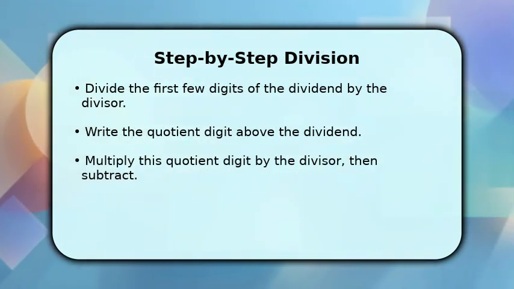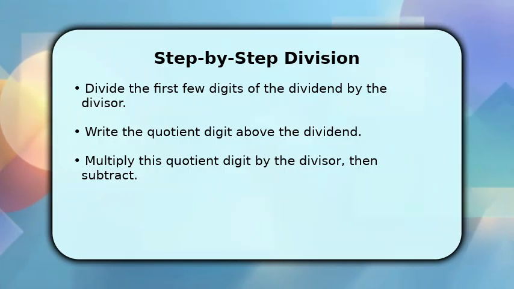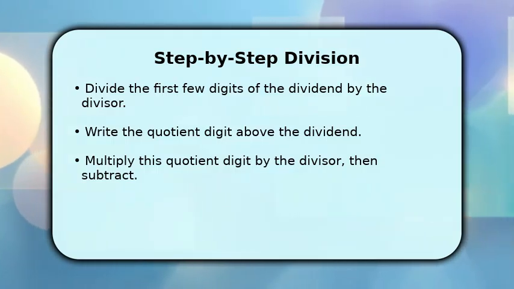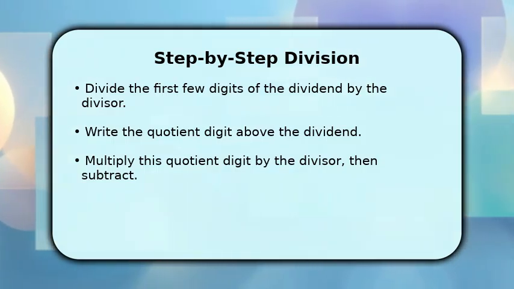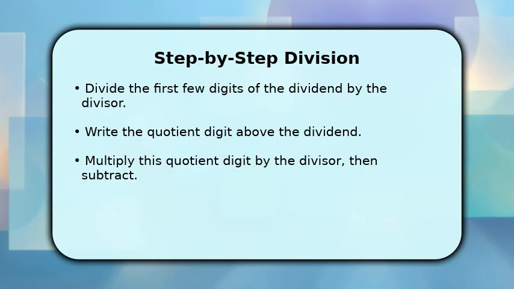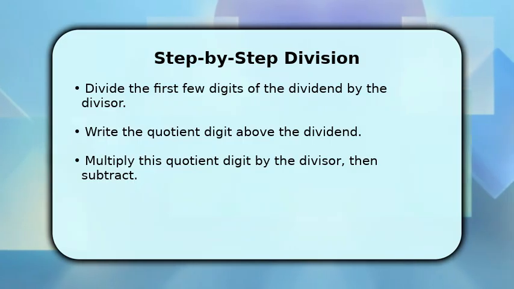Take the first one or two digits of your three-digit dividend that are larger than or equal to your divisor. Divide this portion by the divisor and write the result, your first quotient digit, directly above it. Next, multiply this new quotient digit by the divisor, and then subtract that product from the part of the dividend